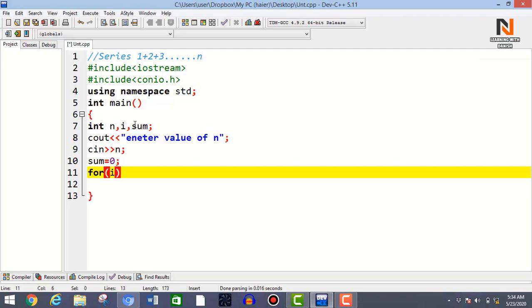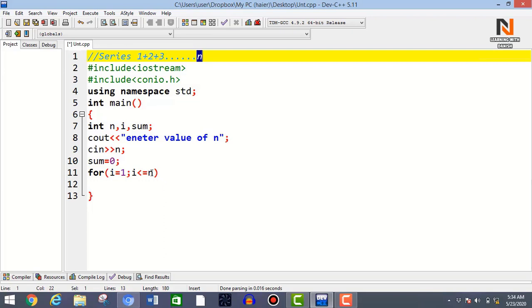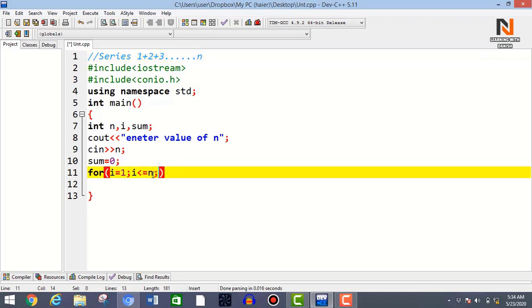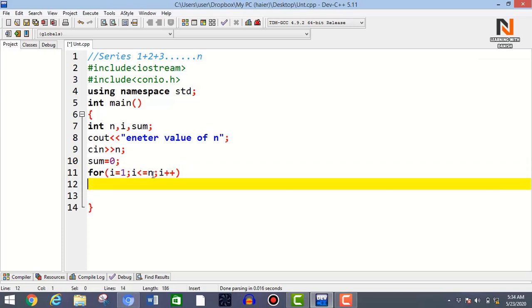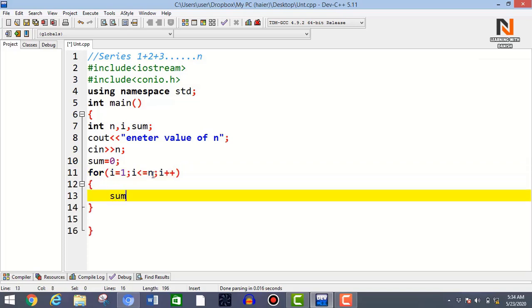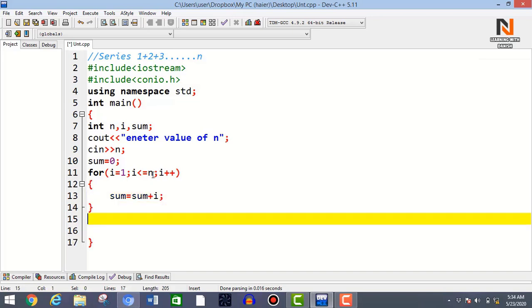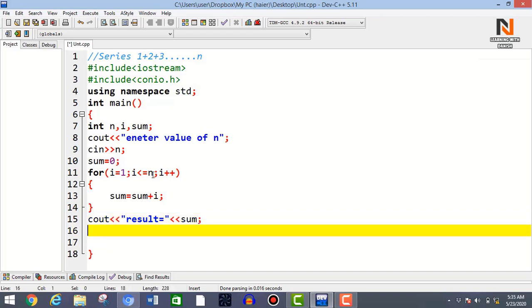For i is equal to 1 semicolon, i less than or equal to n, because this series ends on n, so our basic condition ends on n, semicolon, i plus plus. After that, curly brackets, you have to use sum is equal to sum plus i, then semicolon, and here you display the result. cout result is equal to, and here you get the value, result sum semicolon, getch, character double quotes,